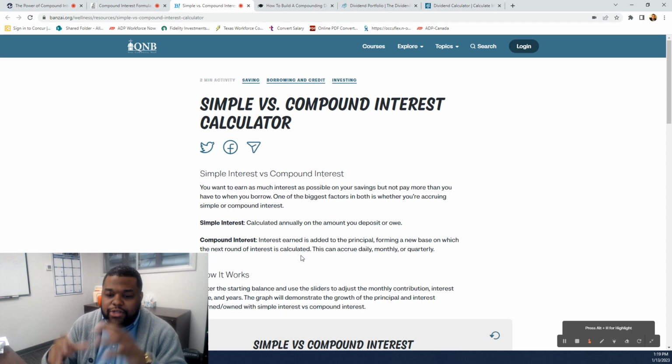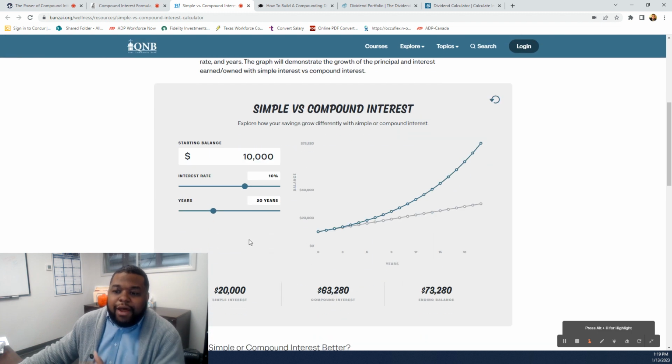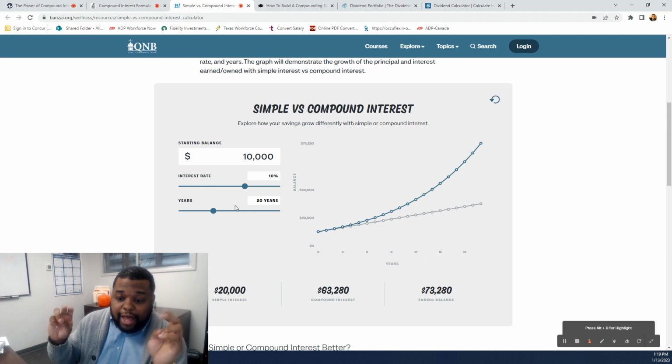Compared to simple interest, you just have your initial amount times whatever rate, and that's all you're going to get. And at the bottom right here, here's an example. If you take that same regular $10,000 investment with an interest rate of 10%, and then the compounding periods